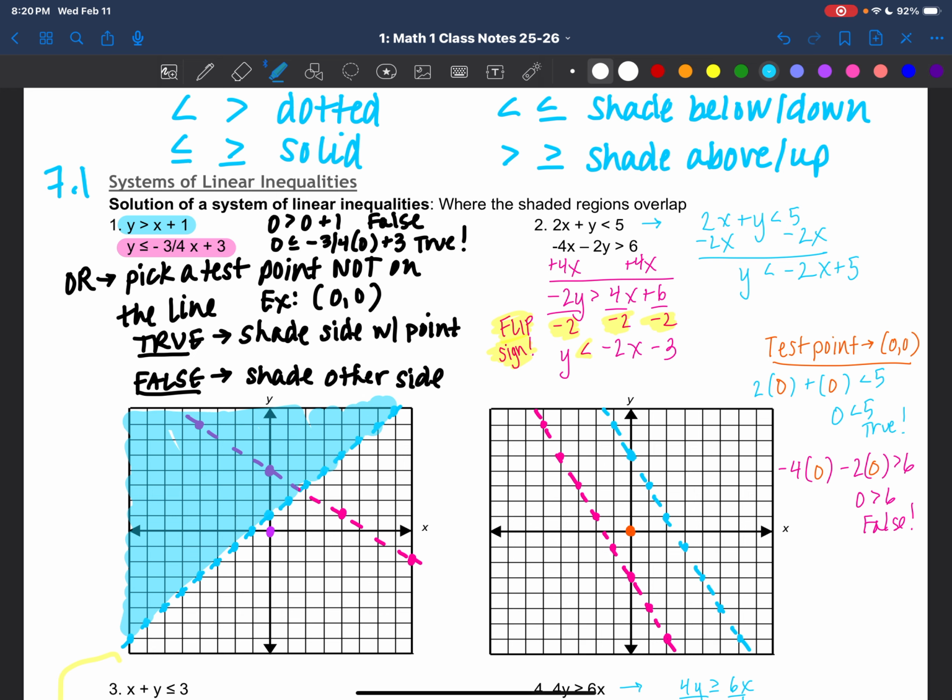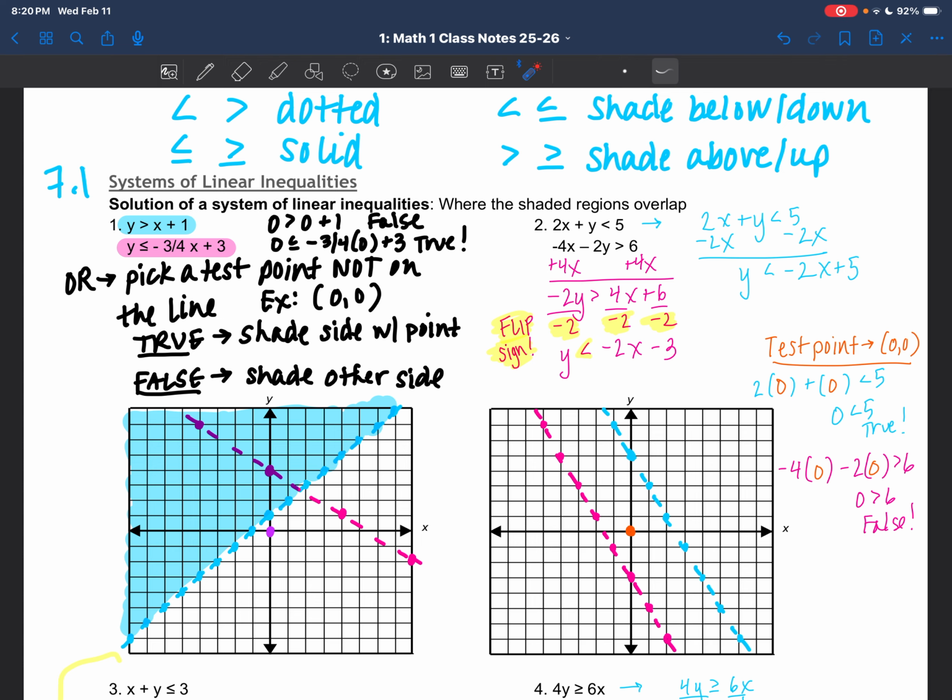All right, trying my best. It doesn't have to be absolutely perfect. And I know that because I did my test point, but also if you look at your symbol, didn't we say you're going to shade above? So either way works. And now I'm going to look at my second equation that I graphed, and I did